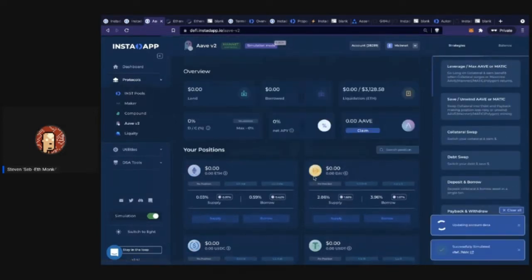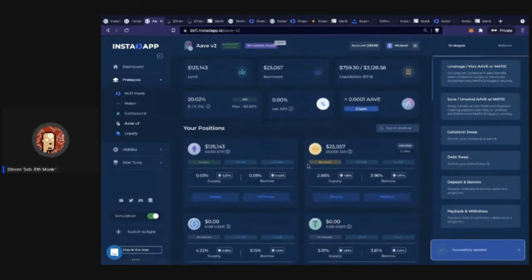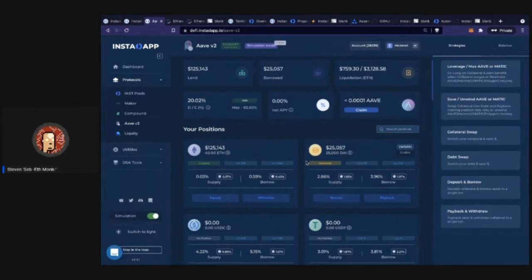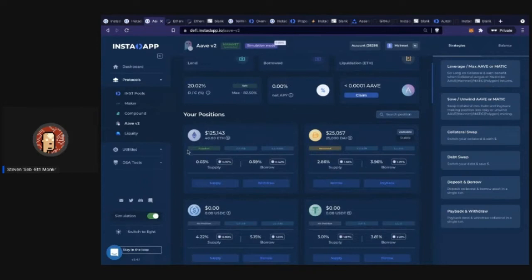And we'll give this a quick second to refresh. And so we'll see right here, we now have a 140 ETH deposit position, a collateral position, and then we owe 25,000 on it. So let me go quickly through what this information below is. So the collateral factor is right here. For Ethereum, it's 0.8. That means about 80%. So you can borrow 80% of the value against your Ethereum collateral.